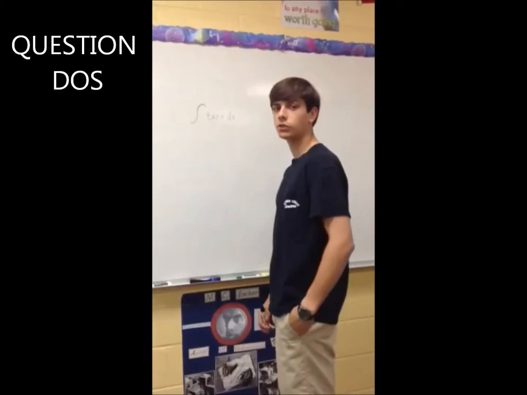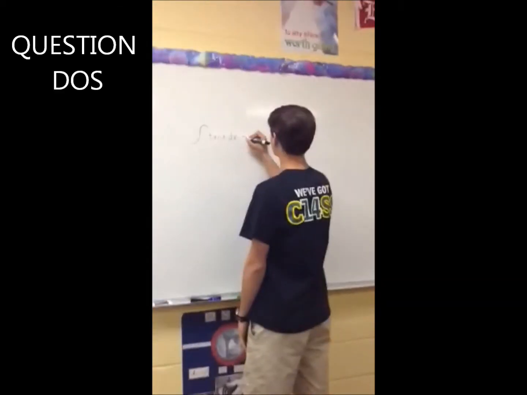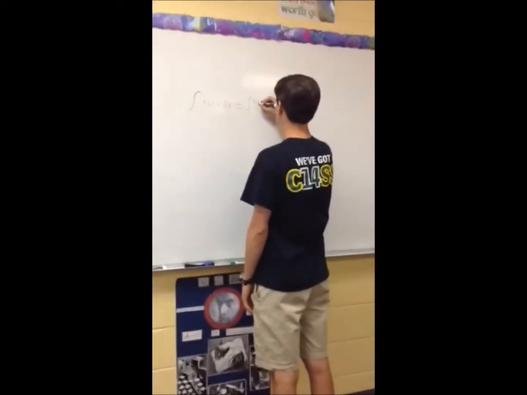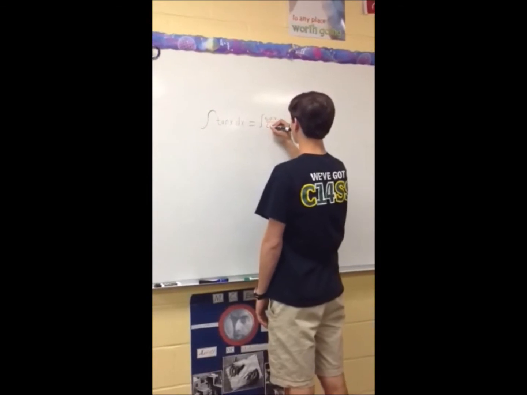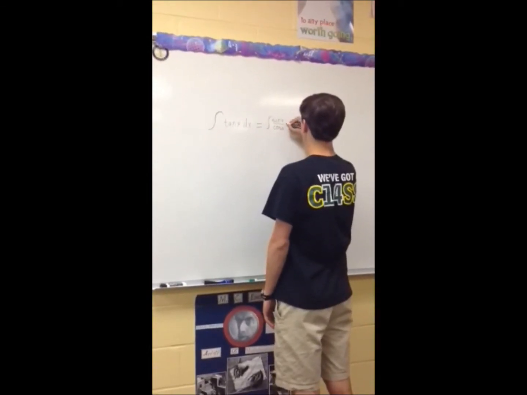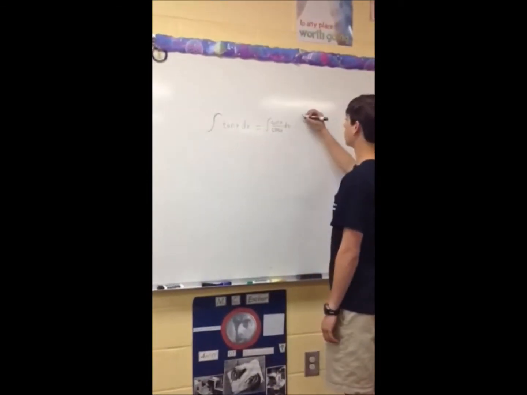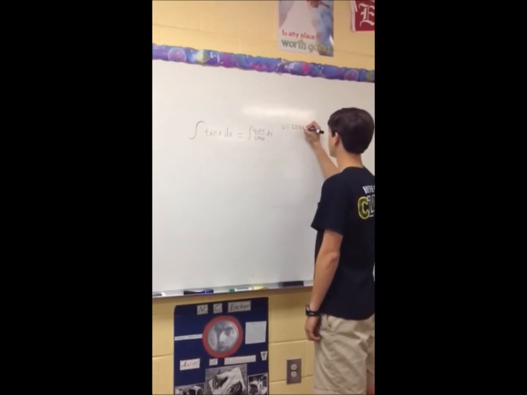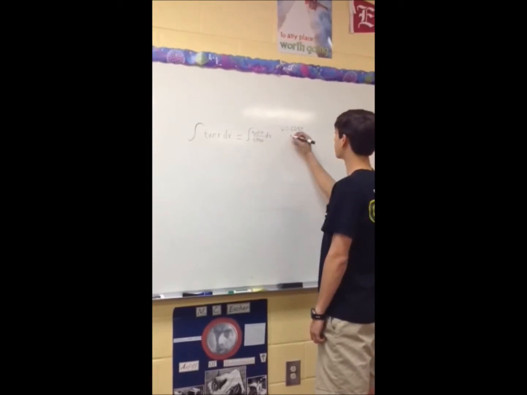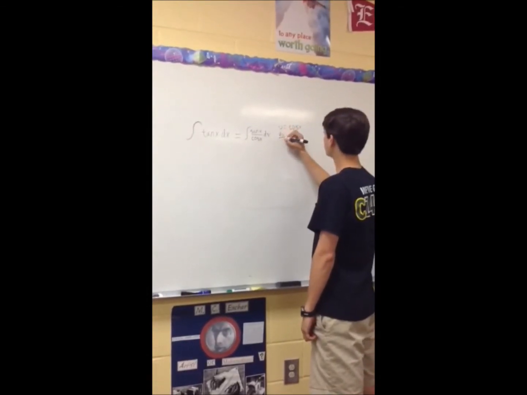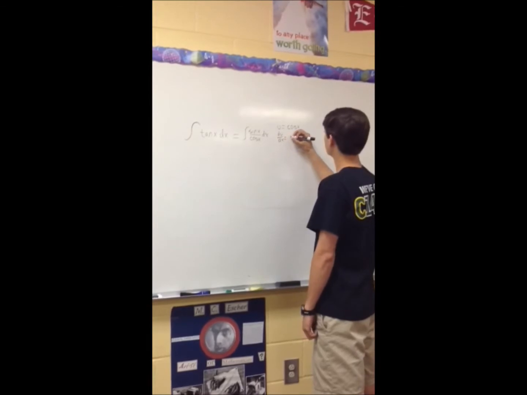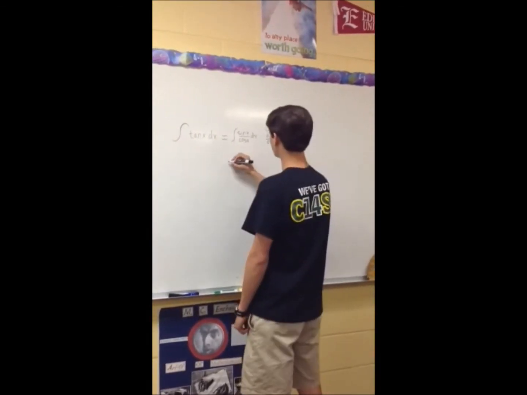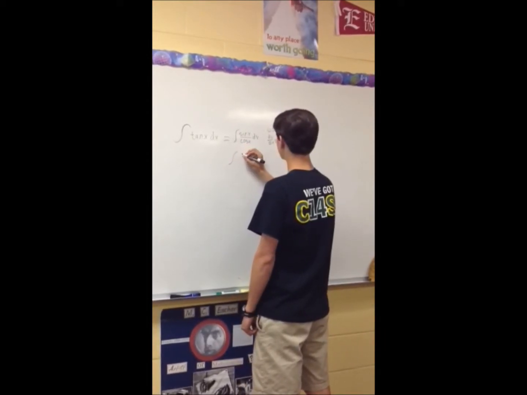Alright, cool. So for the integral of tan x, you start by separating tangent into sine of x over cosine of x dx. Now you're going to want to do a u-sub with cosine of x so that you can cancel out this sine term. When you take the derivative of cosine x, you get negative sine x, and now you can plug that back in